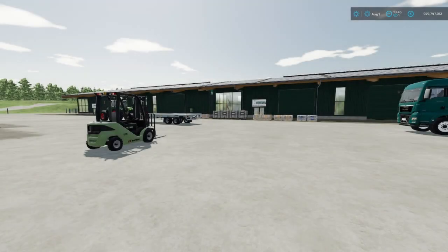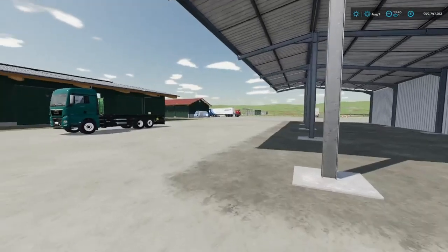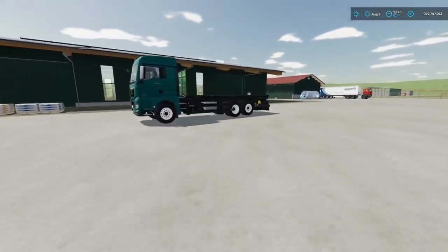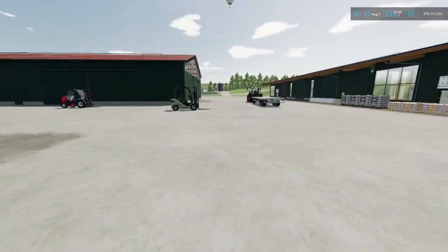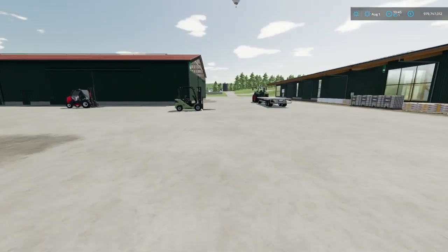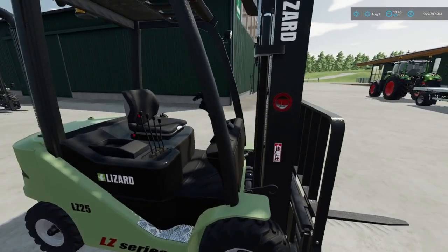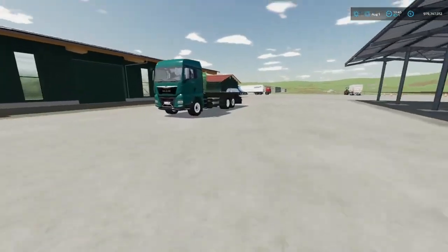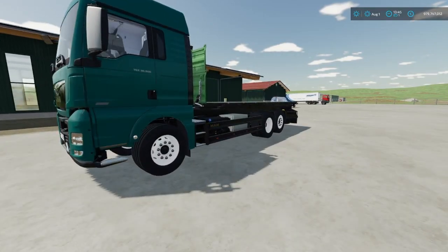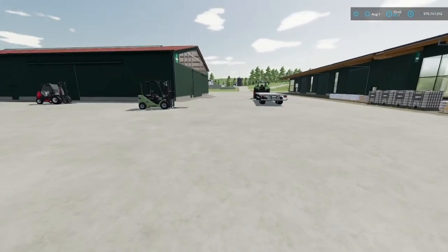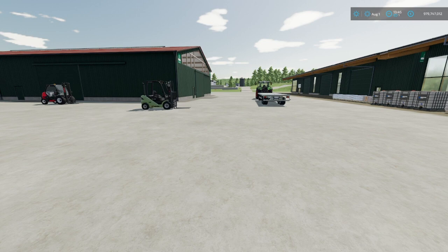Hello everyone, so in this video we are going to see some forklift operations in first person view. Now I have set up two trucks and two forklifts. As you can see, this one is the one I'm used to loading into this truck. I will first demonstrate the process of pallet handling, and then because I will be using visual reference, I want